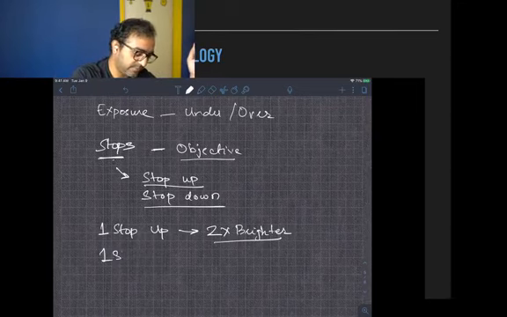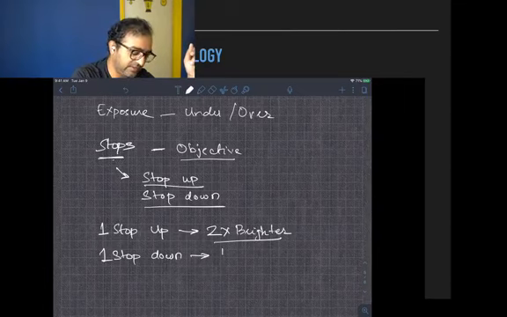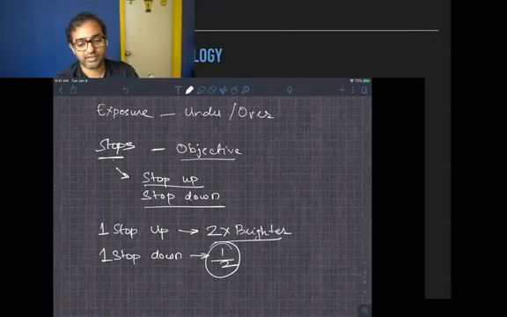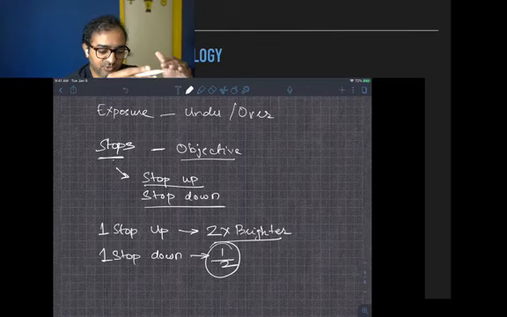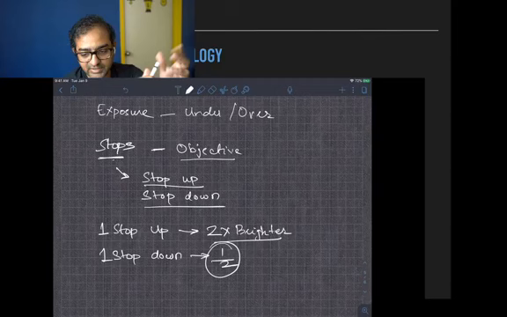And one stop down means that it is half as bright, right? The value is half as much as it was before. It is darker by how much? It's darker by half. The brightness of the exposure is half as much as it used to be before. Now, how do you do this? You can do this however you want, by whatever means you want, right? So that's what it means.